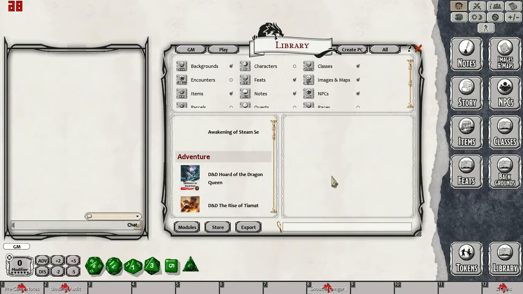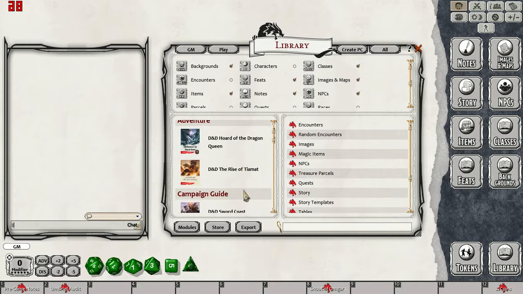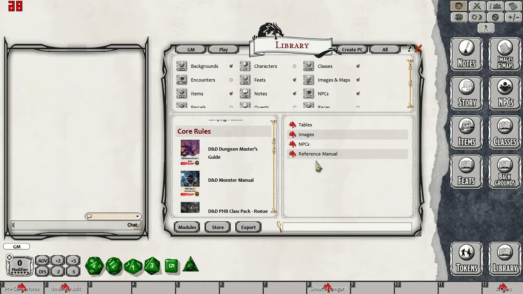As well, another way you can access information from the modules is by selecting the module on the left side and then looking down the right side of the library window where you see the red dragons, and you can access module specific information on the right side. And depending on which module you're opening will determine what information you're going to have access to along this window